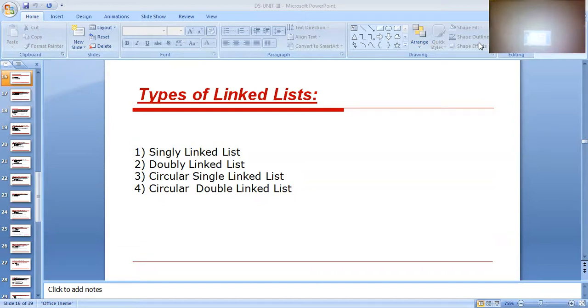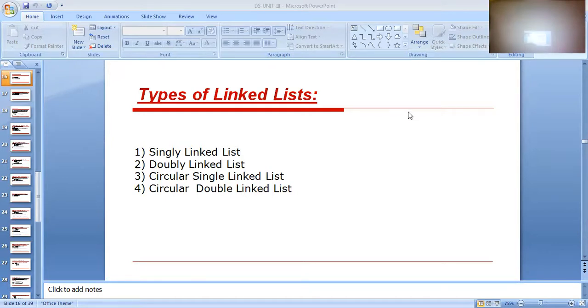So yesterday in class, we discussed single linked list and double linked list operations. Today I am going to give an example and a demo on single linked list: how to insert an element in the linked list at the beginning, middle, and end of the linked list. Then, how to delete an element from the first position, middle position, and end of the linked list, and double linked list.